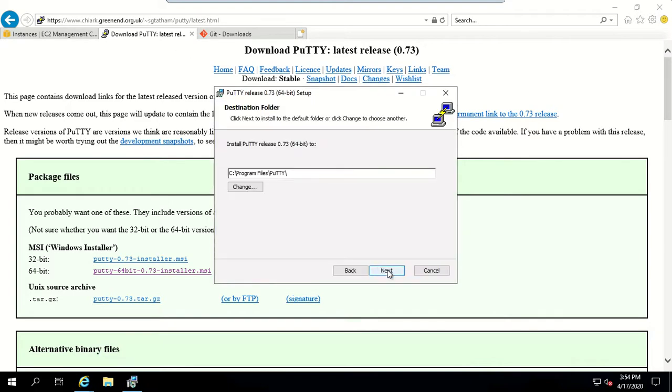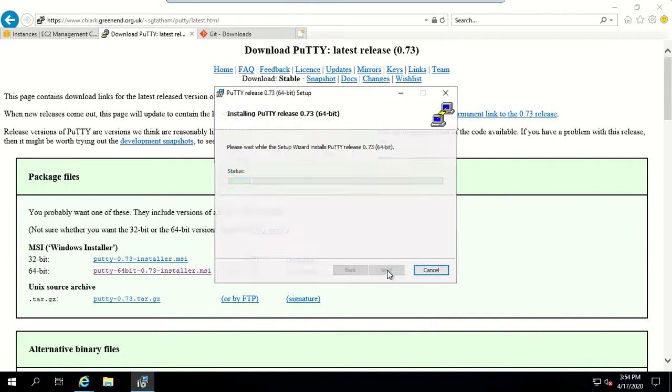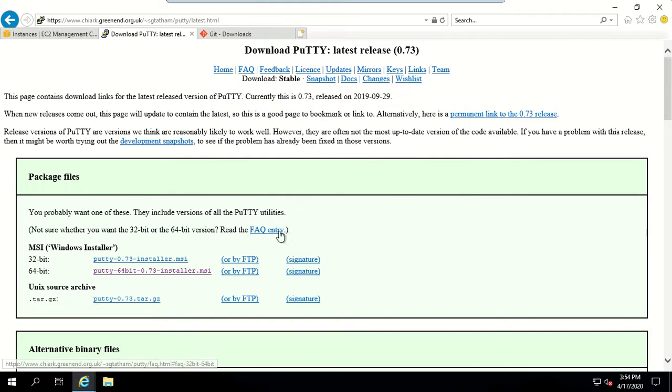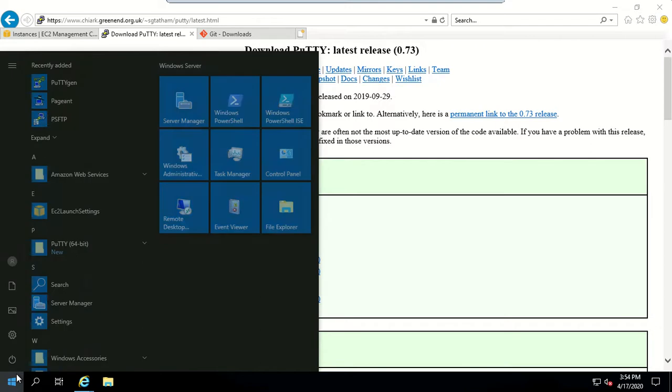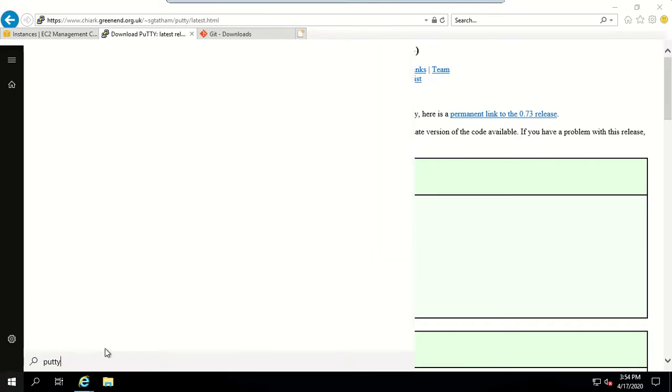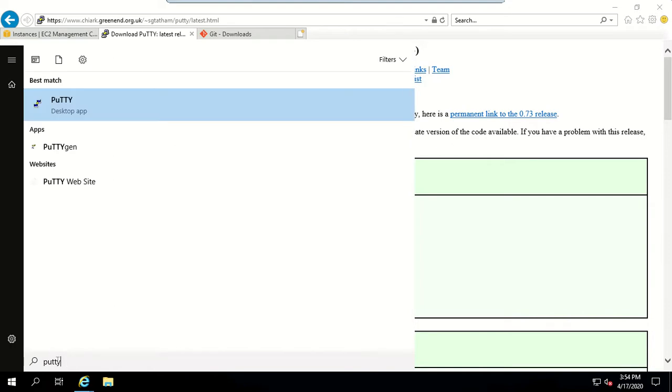Next, install, and this will install PuTTY for me. Now once your installation is completed, it will give you two applications. One is PuTTY, the other is PuTTYgen.